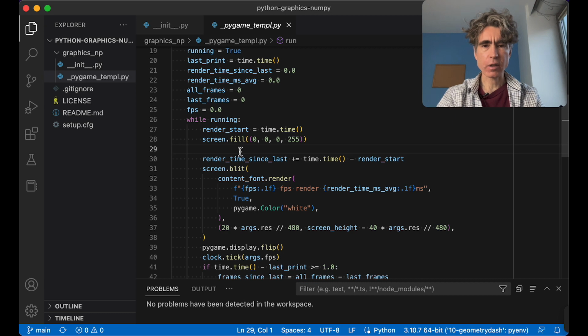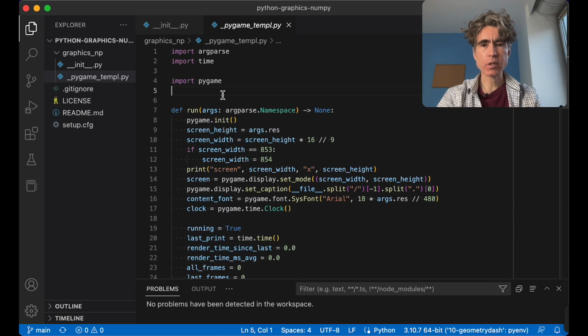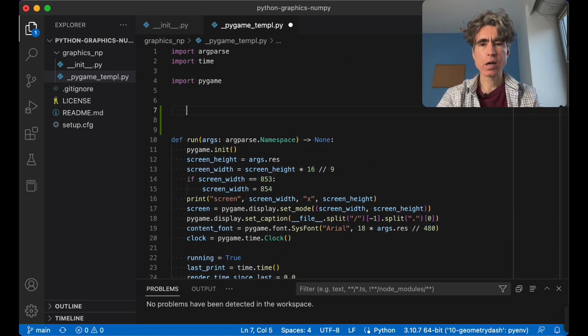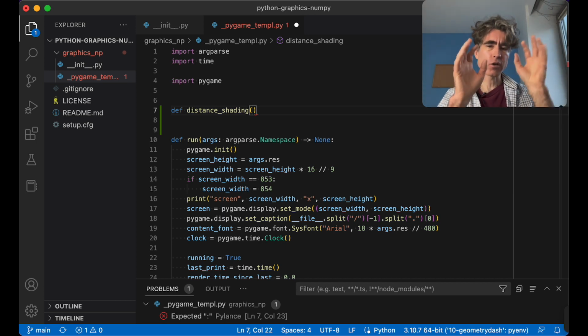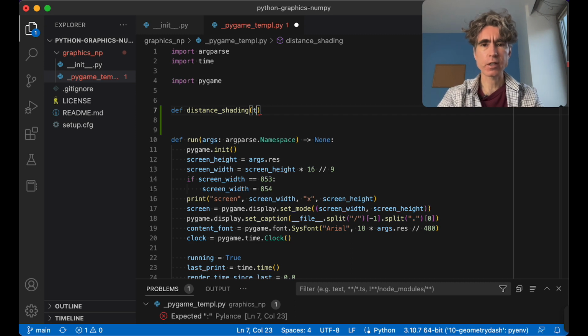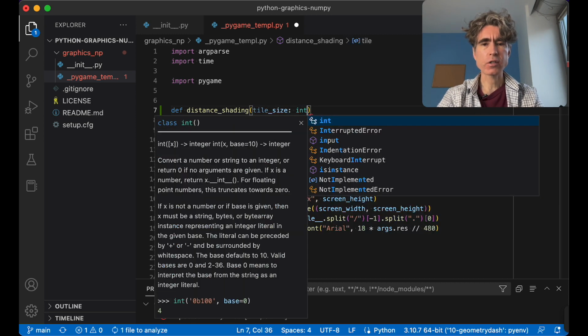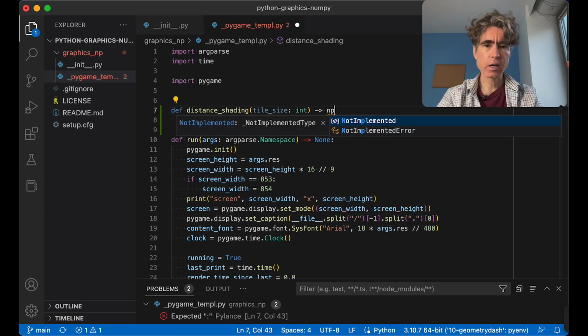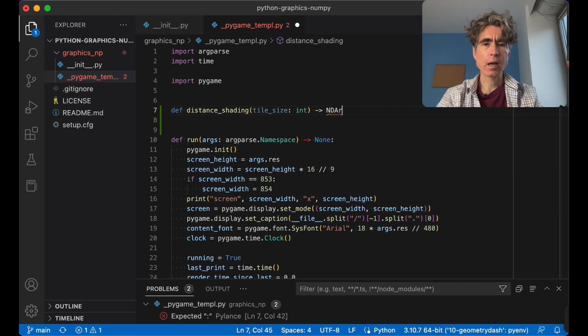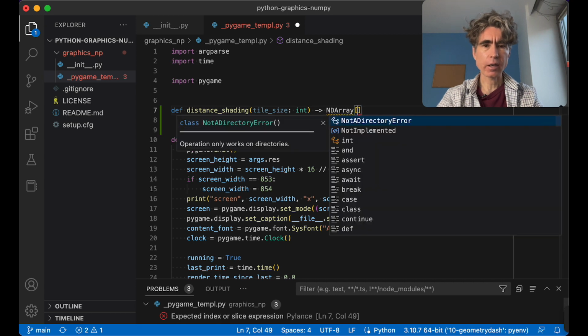So let's create a function called, I don't know, distance shading or something like that. And let's not fill the whole screen. Let's create a tile that's like 256 by 256. So have the input as the tile size and the output. We're going to output from this function a numpy array, and then we'll convert that into